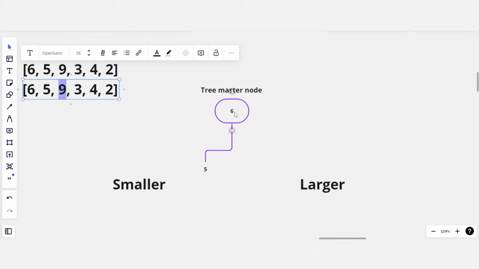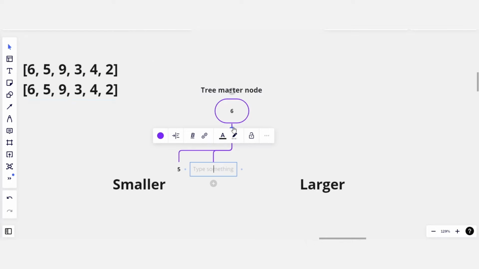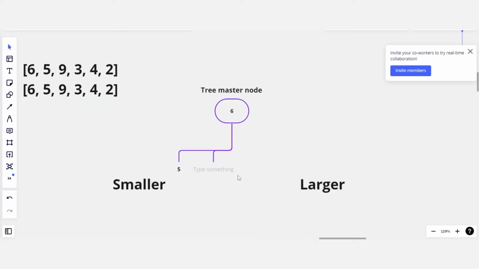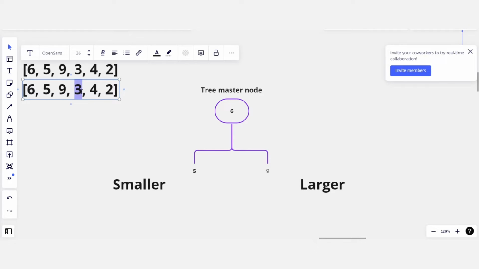And then the third number after the 5 is 9. So 9 is greater than 6, so it will go to the right of 6, because there is nothing at the right of 6. That's why I can put 9 over there. So I will put 9, and then